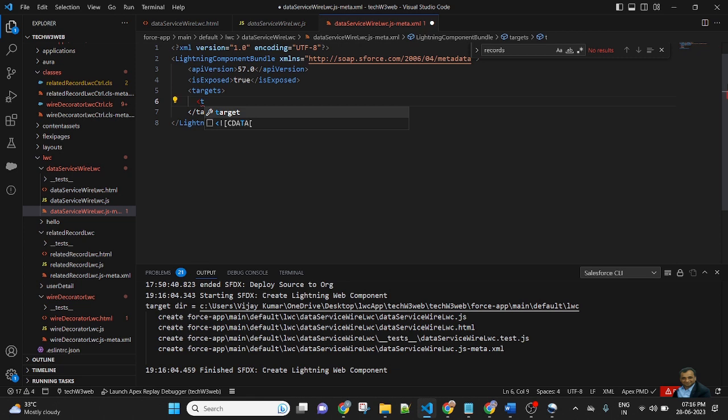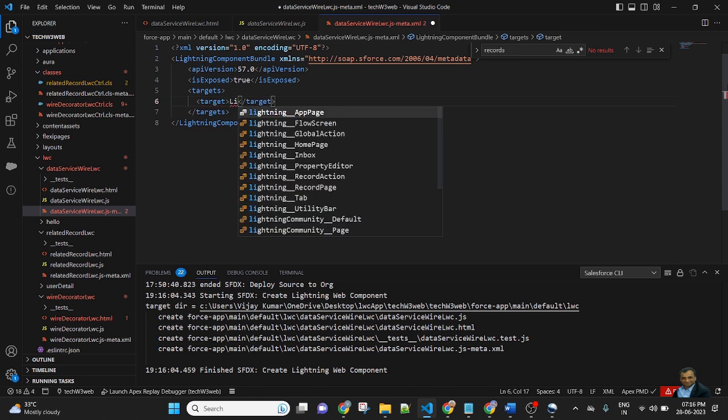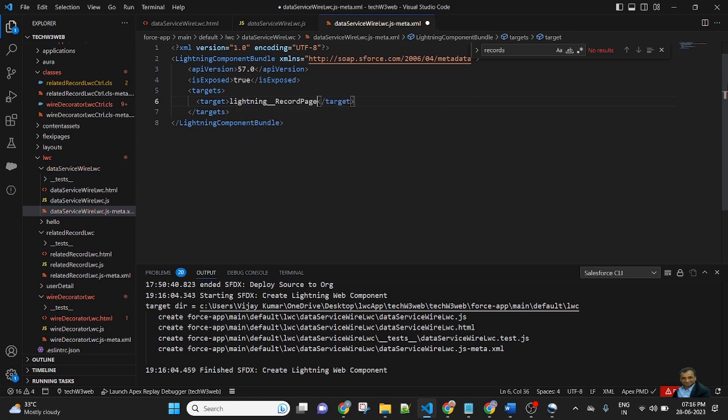So target lightning__RecordPage. So this component will be visible on the Lightning record page. Then save this metadata file.